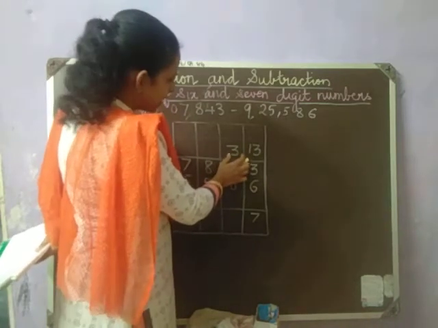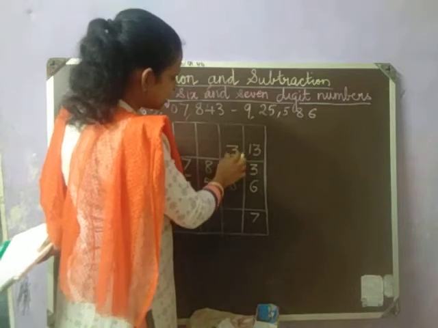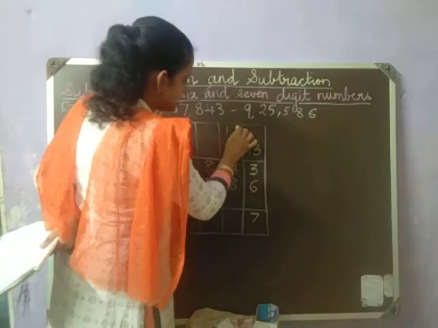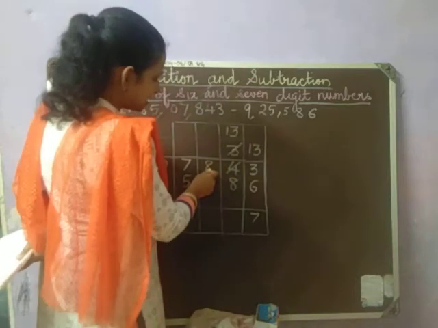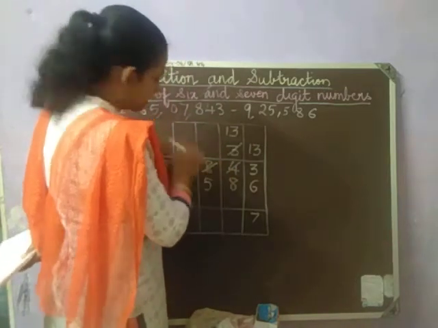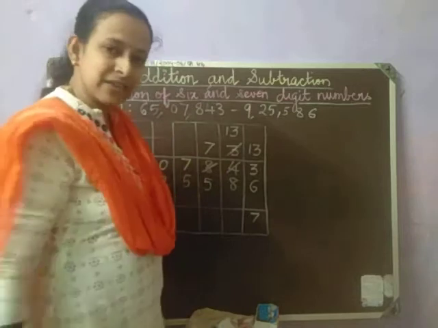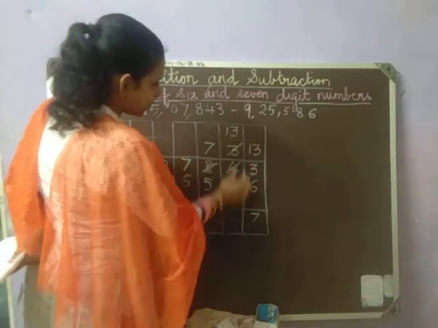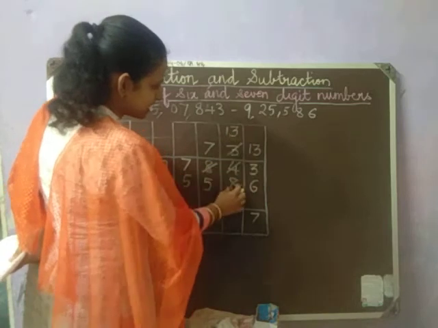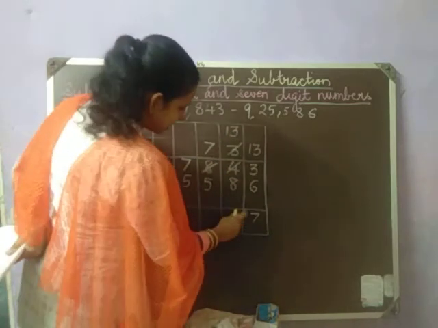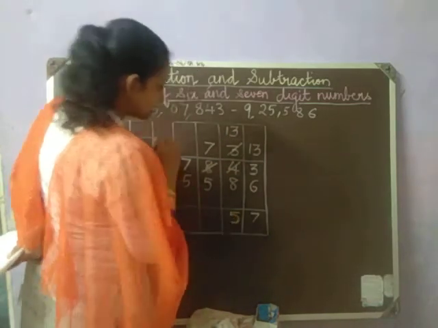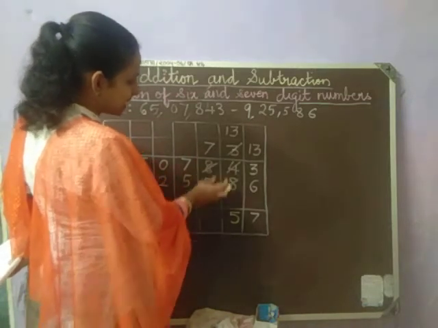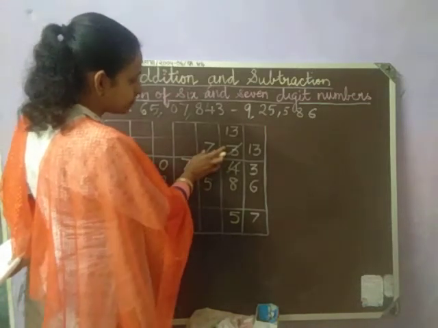Fine. So we have to make this now 13 again. So I will cancel this again and I will write here 13, whereas this number after cancelling becomes equal to 7. Fine. So now we can subtract 8 from 13 easily. Okay. So 13 minus 8 is how much? It is nothing but 5. Correct. Now what is remaining here? 7 and 5. So we can easily subtract 5 from 7.